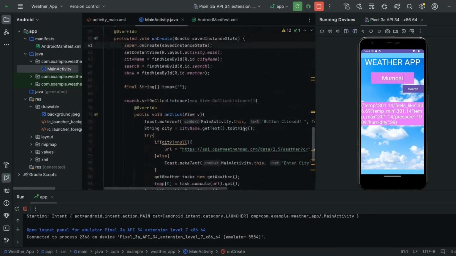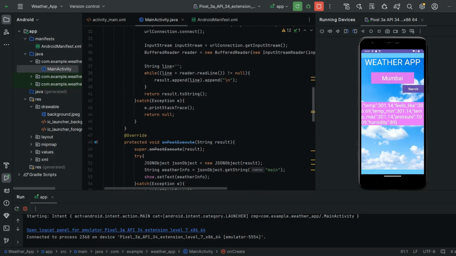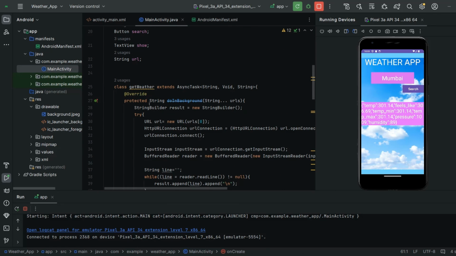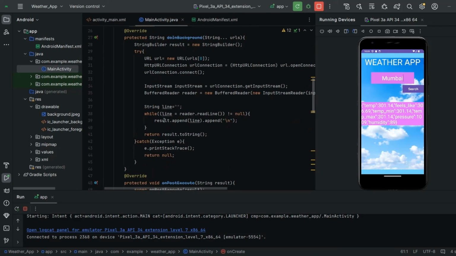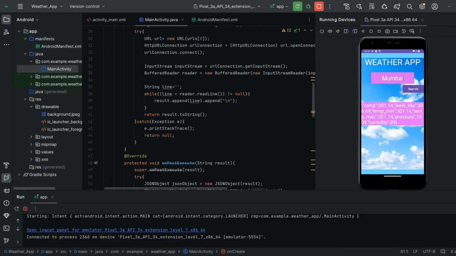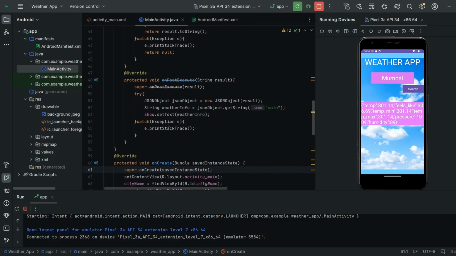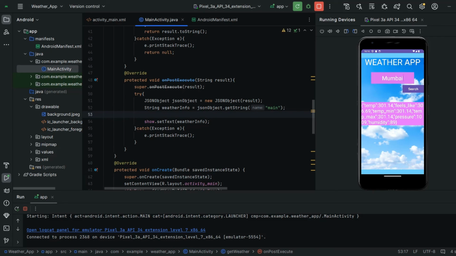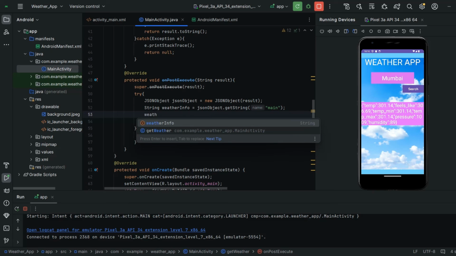So let me do the arrangements here. Now for that we have to go to our getWeather function, and here we have to go into onPostExecute. So I'm going to write the commands for what will happen after the post execution.